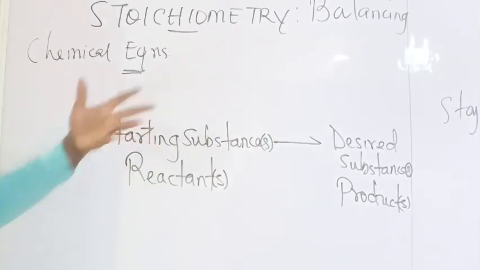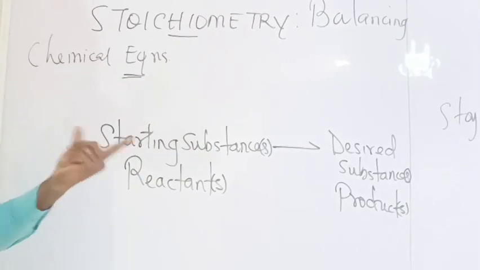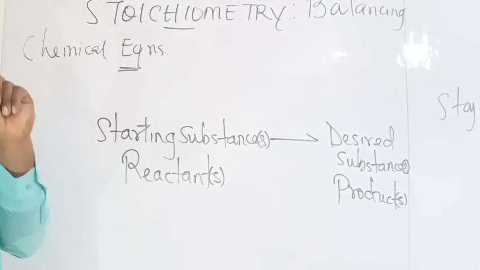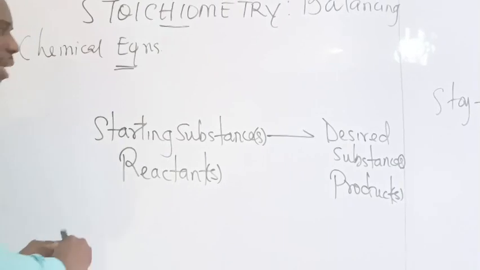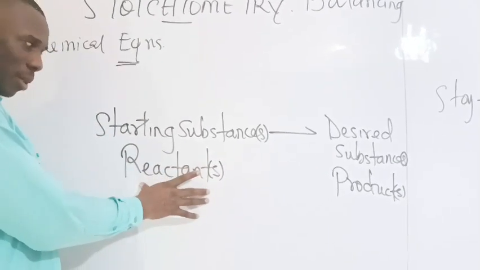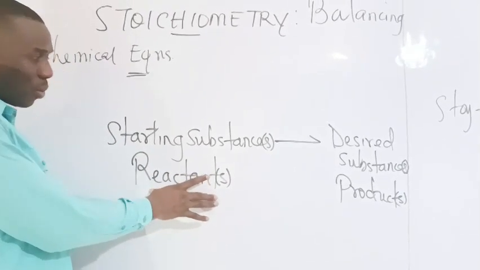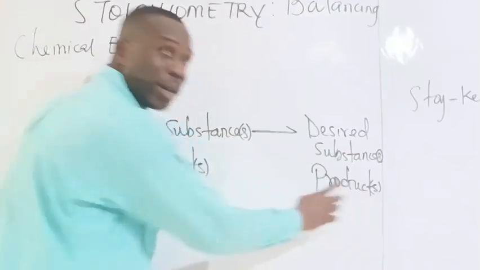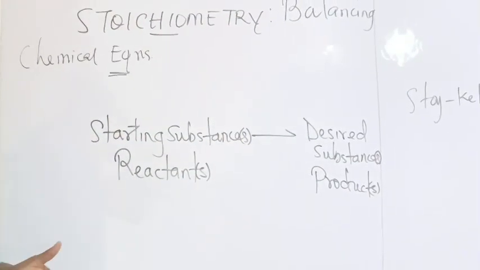Alright, so how do we balance chemical equations? Number one is this: you have to take something into account. The atoms you find on the left side, which we call the reactants, you also find on the right side. That's number one. Number two is